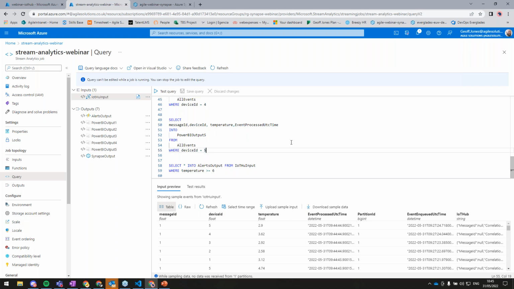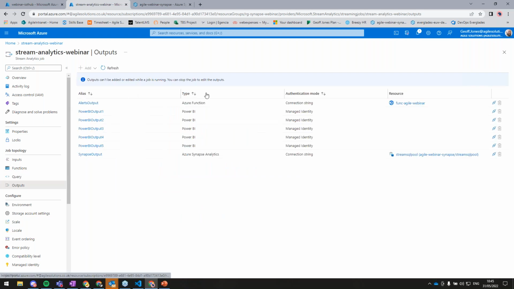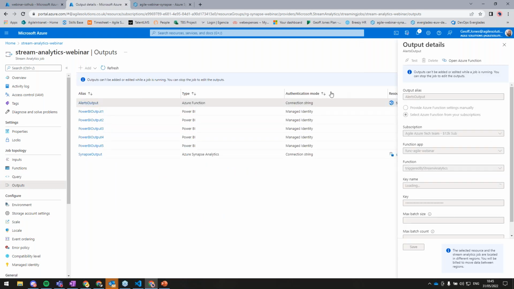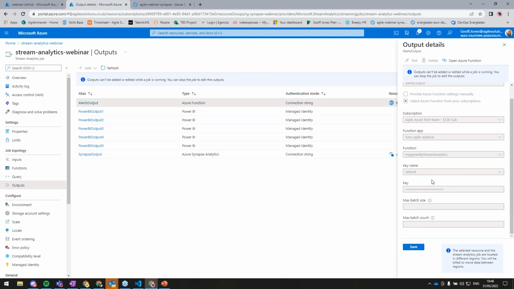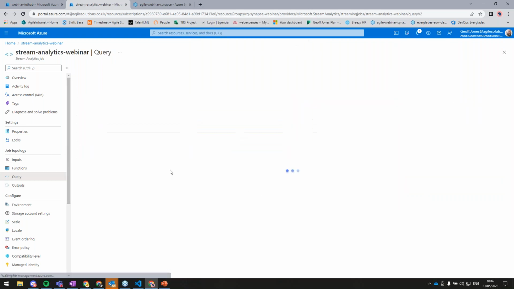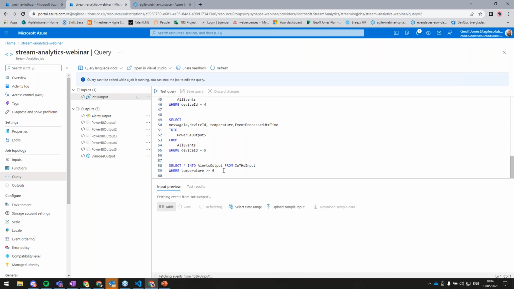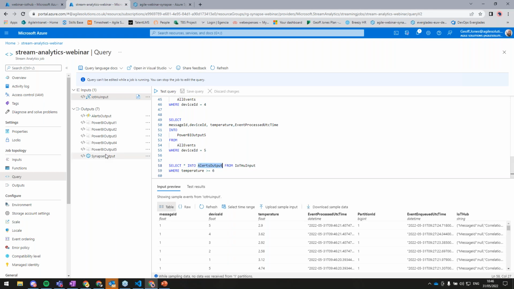Now, the third and final output that I want to discuss is an alerting mechanism. So as you can see, I've configured an alert output here that pumps into a function app. Whenever this function app receives a message from Streaming Analytics, it uses some downstream processing to send an email to a pre-configured list of people to let them know that something has happened. You can imagine this being really useful for an exception. For example, in my query, I've configured it so that when the temperature exceeds a pre-existing threshold, for me 6 degrees, then it will send it to the alerts output, and that will trigger an email into the inbox.